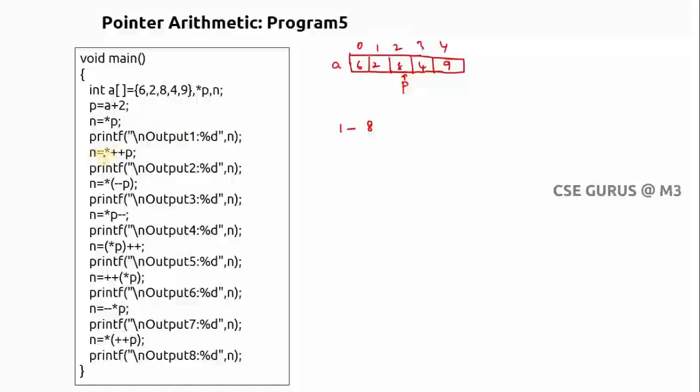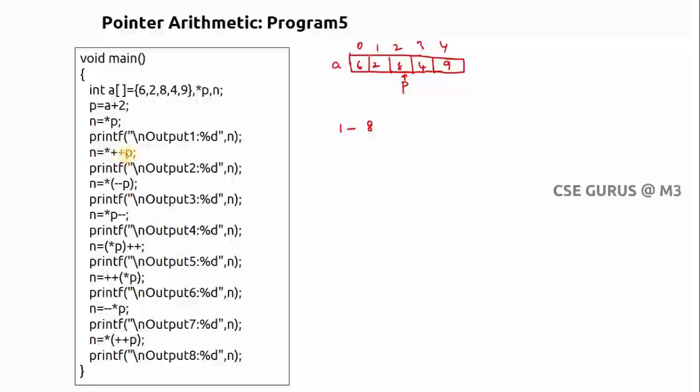Next you can see n equals pointer of plus plus p. Now you can see here you have two operators. One is *, another one is plus plus. * means a pointer, and here increment. It's a pre-increment now. So now which operation has to be done? You have to check first which operator is adjacent to p. Are there more than one operators? No, only one operator which is adjacent to p. What is that? Plus plus is adjacent to p. Anyway, * is not adjacent to p now. So plus plus p means pre-increment.